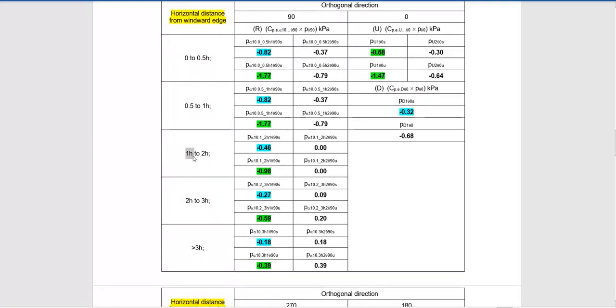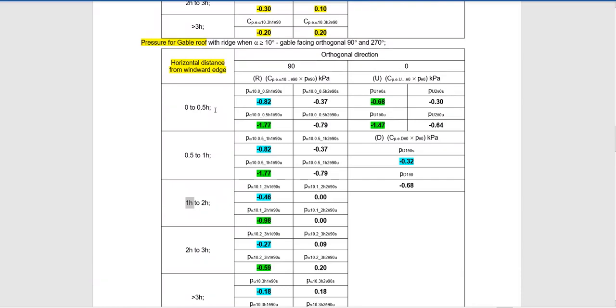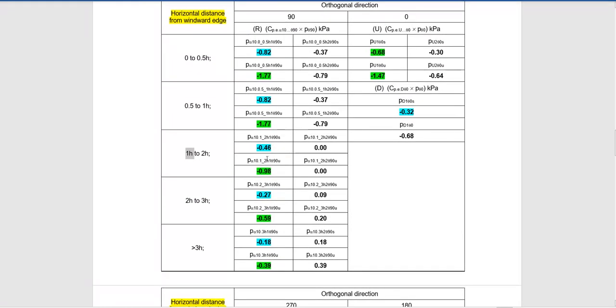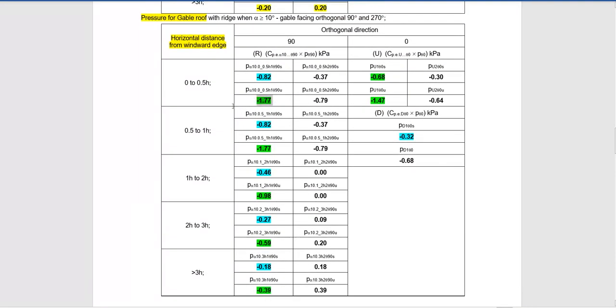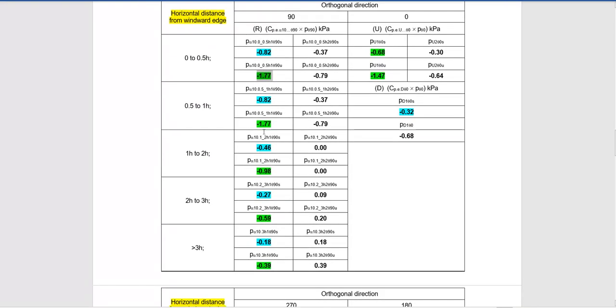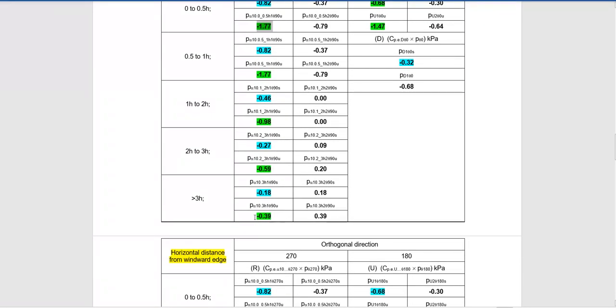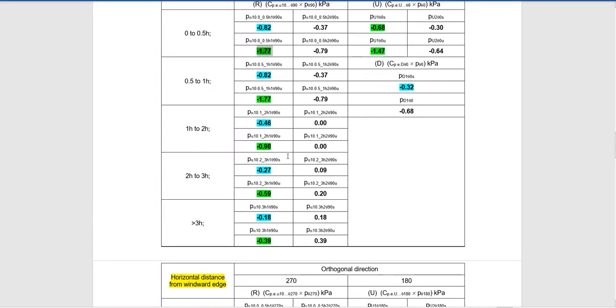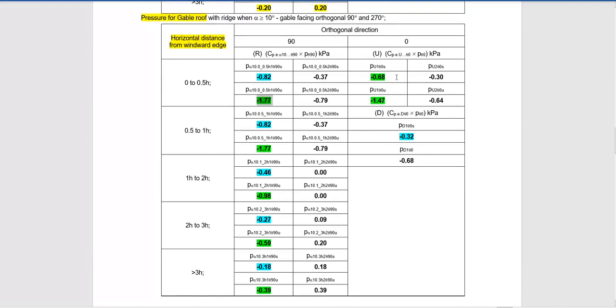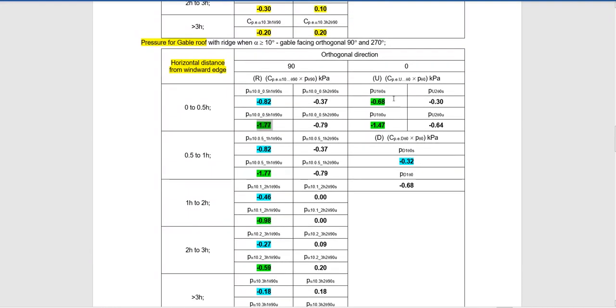As you can see, as the distance increases from the face of the windward wall, the net pressure decreases. It starts from negative 0.82 to negative 0.39. And it makes sense. Same too with the ultimate wind pressure. This is the face of the windward wall, which is negative 1.77. Then at the end it is negative 0.39, as the wind reduces as it goes further from the windward side of the structure. So the same thing in here as for the upwind roof. I've got my maximum value for the